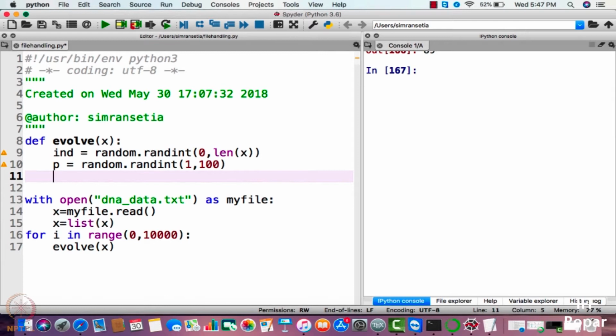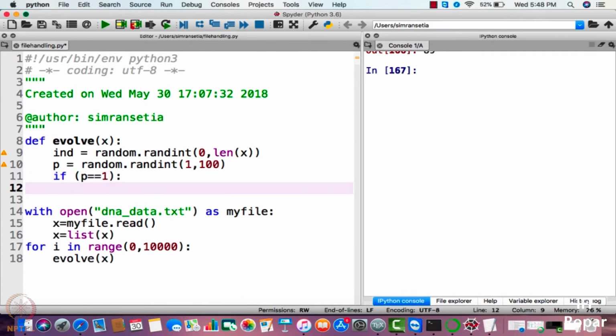So the algorithm that we are using here is, if this particular variable p is equal to 1, then only the change will take place. So I'll just write here, if p is equal to 1, then only the change will take place.